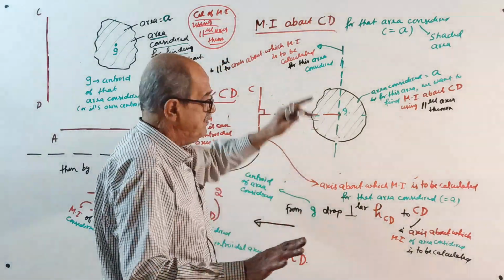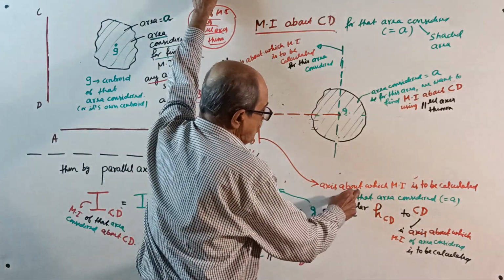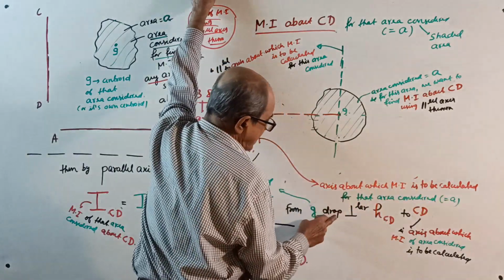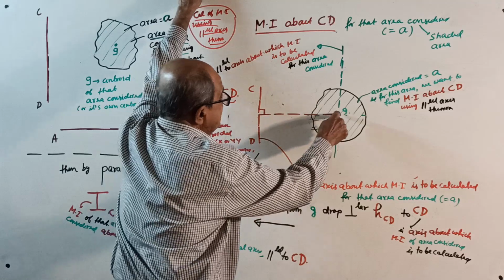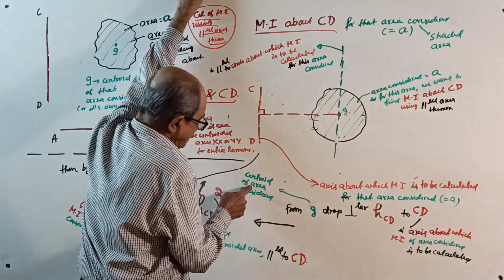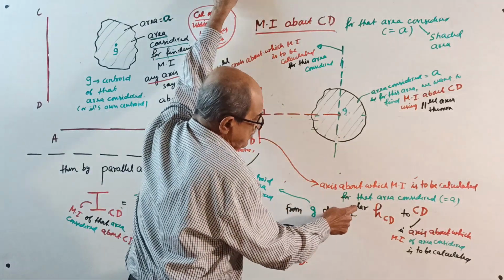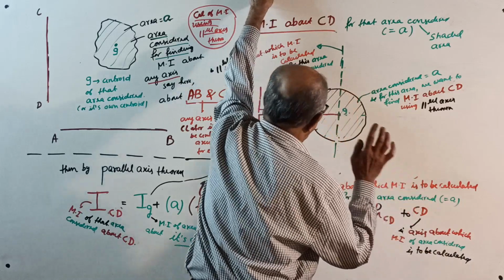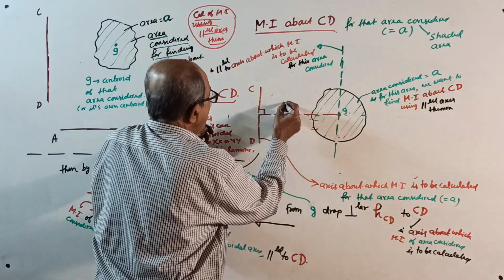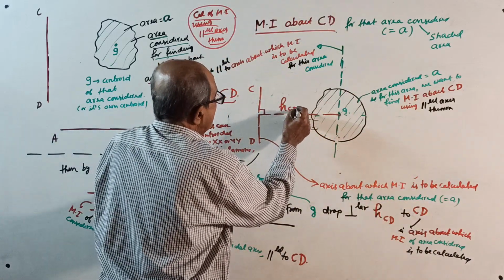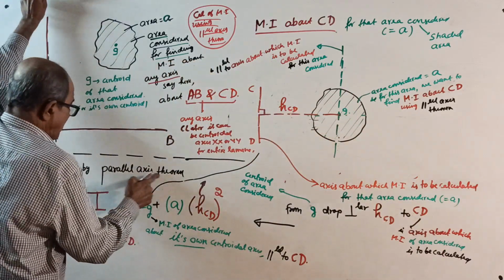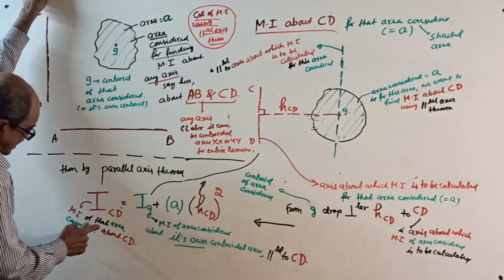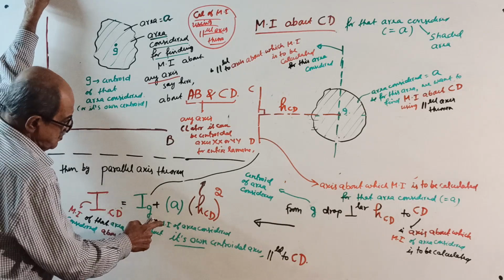I'll go through it once again now, in case anything is omitted. Axis about which moment of inertia is to be calculated. For that area considered, equal to A, drop from G, the centroid of the area considered, a perpendicular HCD to CD, that is the axis about which moment of inertia is to be calculated. Okay. Then this is your HCD. Then by the parallel axis theorem, ICD, the moment of inertia of that area about CD, equals IG, the moment of inertia of